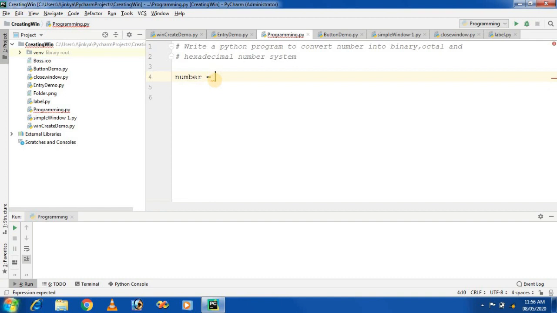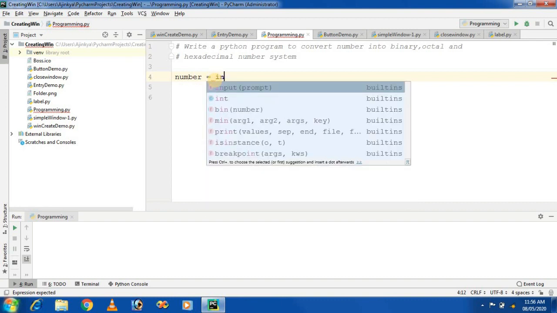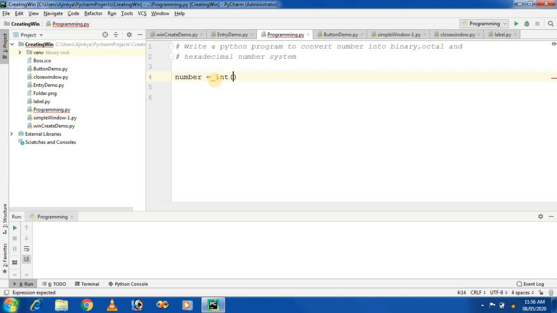By default, the input function takes a string value, so we need to convert it into an integer. That's why I am using int and converting the input function result to int. In the prompt, we ask the user to enter the number.